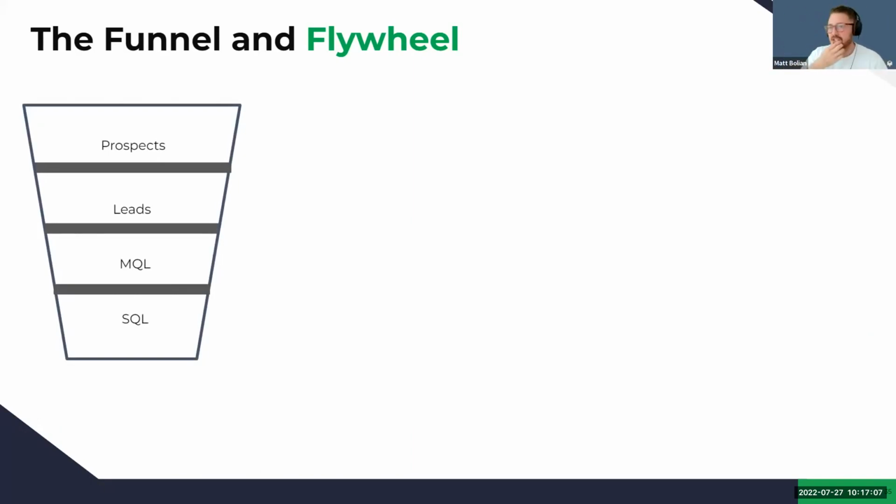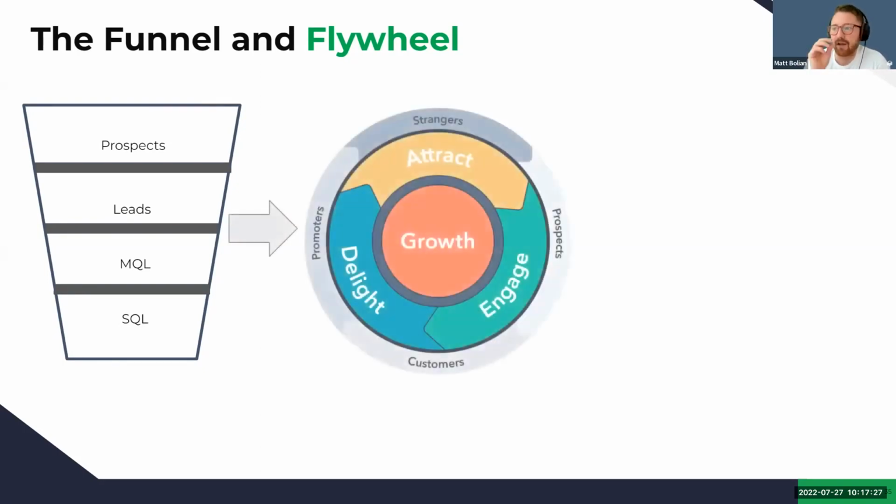We've seen this before. This is the funnel that we all hate and despise, and we talk about how it's old, but it's how we all actually do work most of the time. It is prospects, leads, MQLs, SQLs, and it stops. If you look at HubSpot instances today, they're going to have this: leads, MQLs, SQLs, opportunities, and customers. But as a methodology, and I love HubSpot, by the way, love it, I would just say this is a methodology, but putting it into a CRM takes a little bit more science. So we're going to take this flywheel, and how do you get the flywheel?